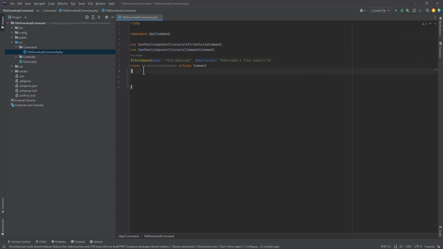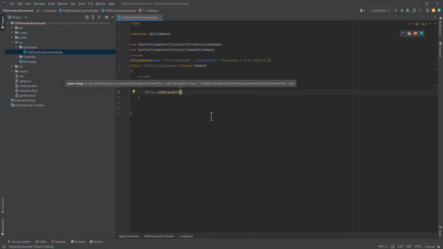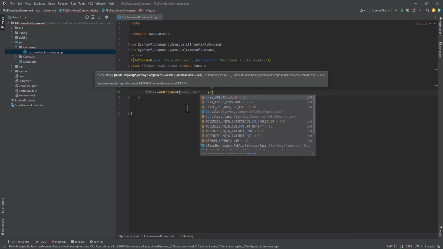And then we are going to give an argument to our command. The argument would be simply the URL to the file that we are going to download. To do so, we have to override the configure method, and we just have to add an argument. Again, if you are not too familiar with creating a Symfony command line, just refer to the link of the video that I have put in the description, and that will guide you in detail on how to achieve that. So here I'm going to give it the name url, and then it would be an InputArgument::OPTIONAL,